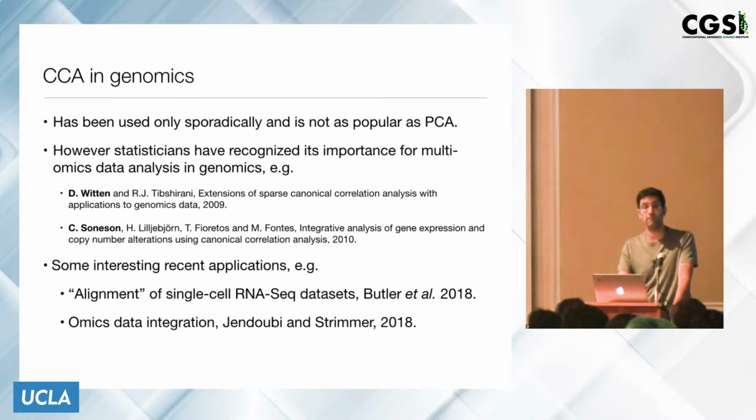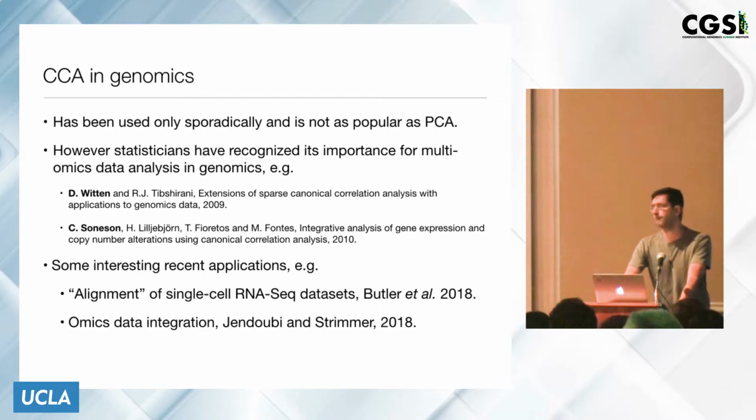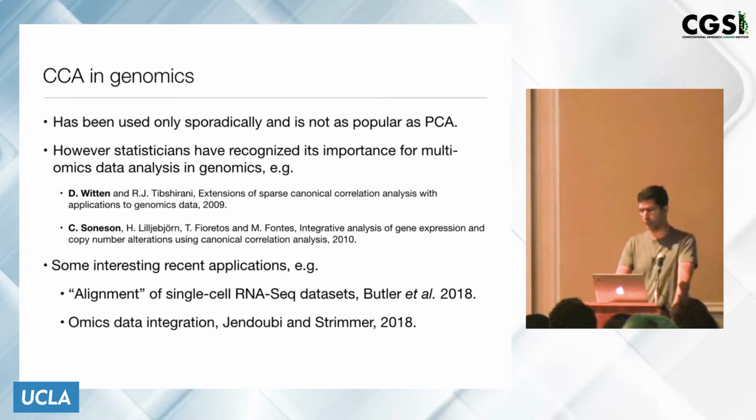She has done a number of really nice theory papers, but also has really nice software in R implementing a lot of different flavors of canonical correlation analysis. Charlotte Sonneson is also a statistician, who wrote a very nice paper examining a lot of flavors of canonical correlation analysis around the same time as Daniela, with a more applied bent, looking specifically at questions in genomics